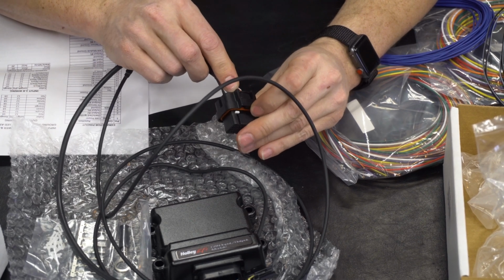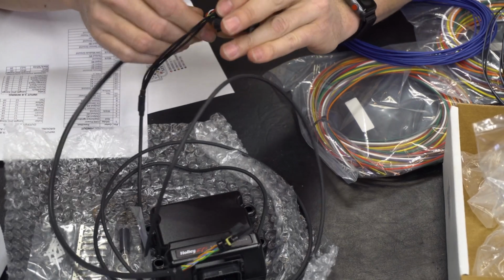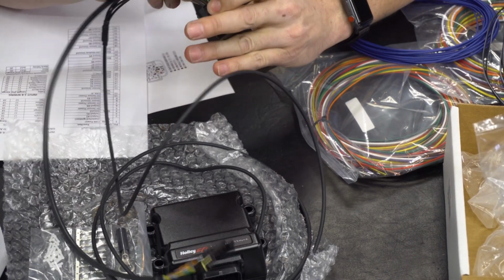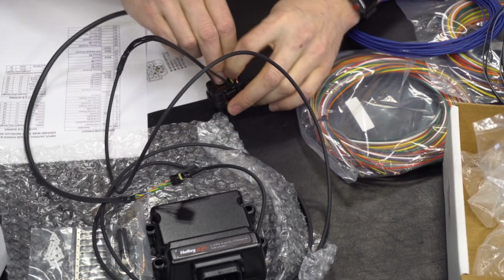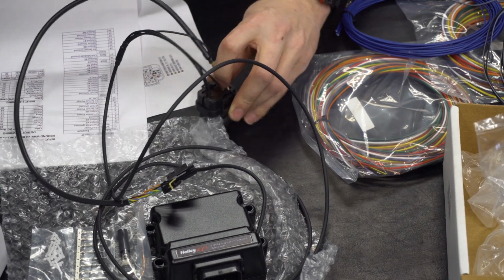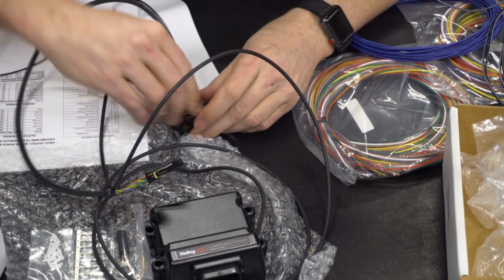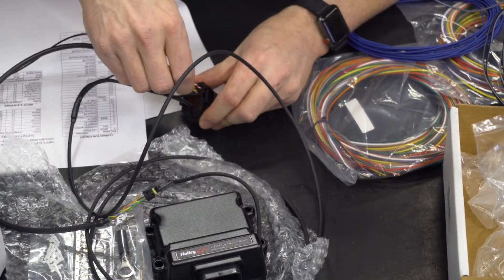11. Oh, that's weird. It's the CAN bus wires. They've got two wires going into one. 10, 11, 12. So we've got a 12. Where'd my wire go? As a sensor ground. We can go ahead and feed this in, and just be careful whenever you're feeding it